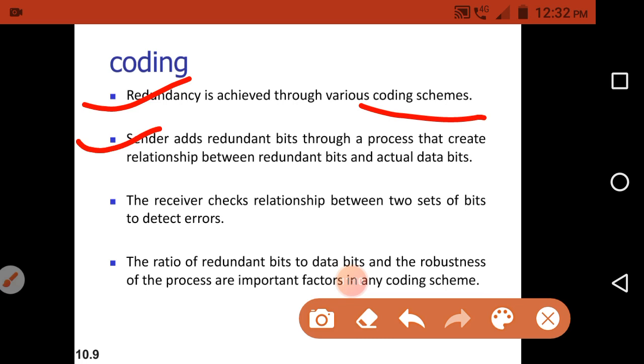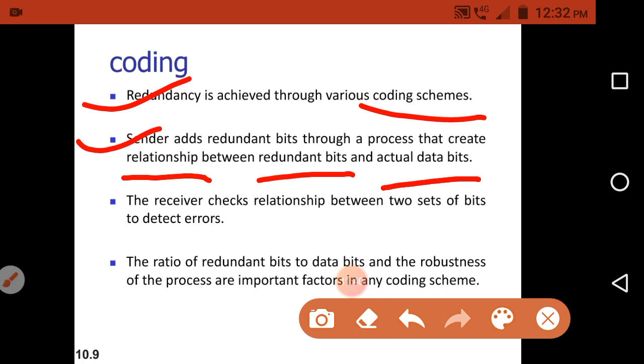The coding scheme is nothing but one process. By using that process, the sender adds some redundant bits into the original message in such a way that the coding scheme creates a relationship between the redundant bits and the actual message bits, so we need to find the process or the coding scheme.